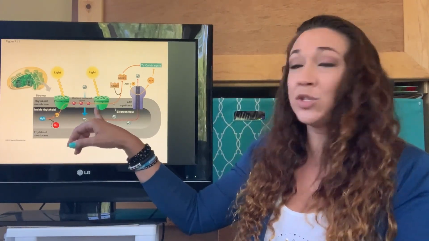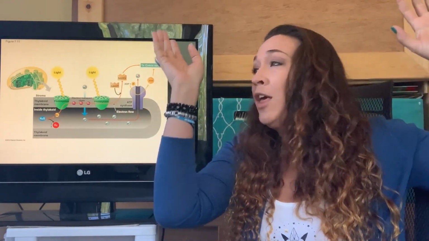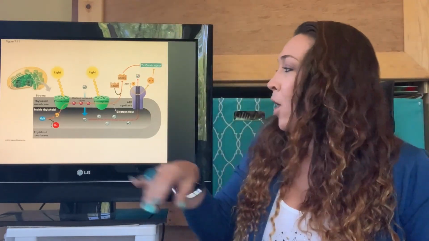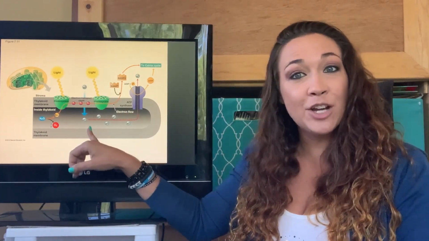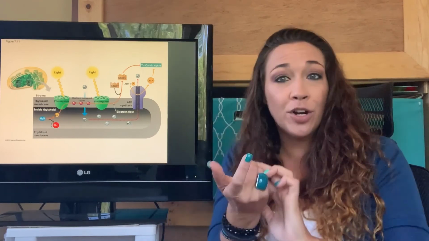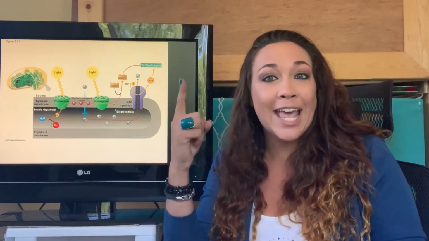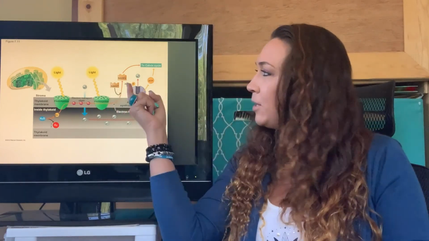So again, this photosystem 2 is going to re-energize these electrons. Now they get carried in the NADPH. They're going to go to the Calvin cycle. We created this artificial gradient here. These hydrogen ions are going to force their way back through ATP synthase, turning it. For every turn, they produce an ATP molecule. All that NADPH and that ATP is going to go to the light independent reaction to get that Calvin cycle started. So what we produce at the end of part 1, the light reaction, is NADPH right here, ATP, and oxygen.